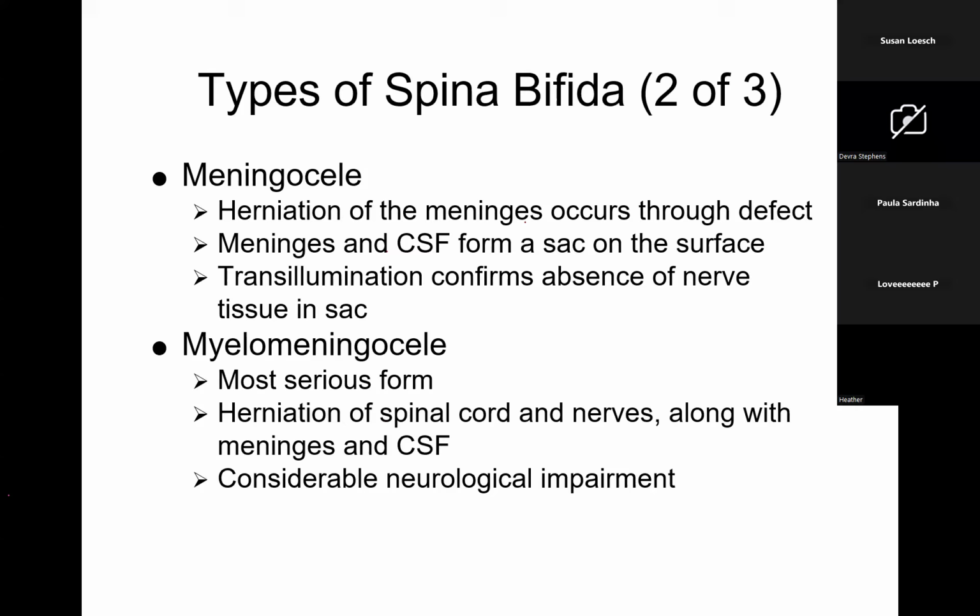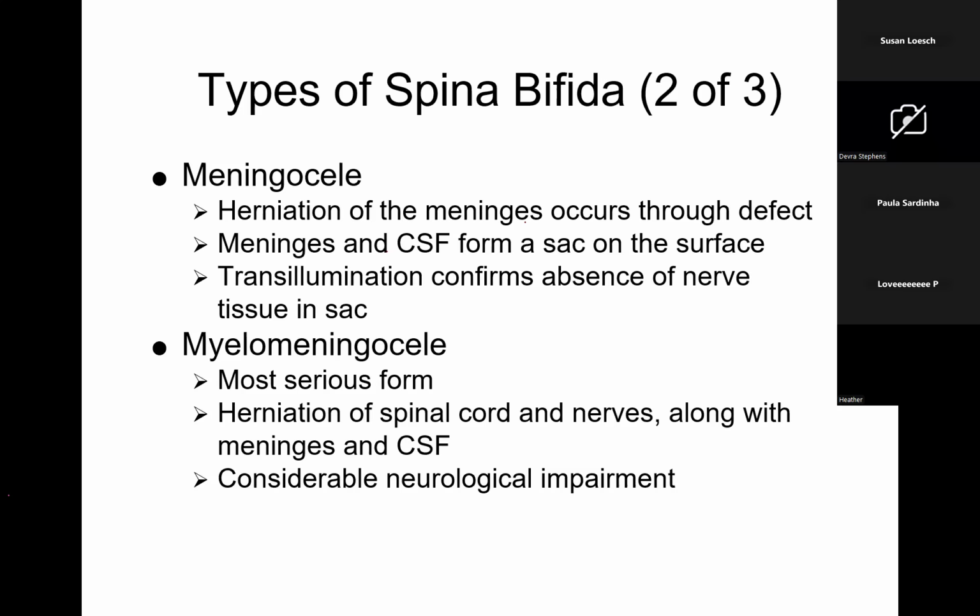With meningocele, we'll also have the lack of fusion there, okay? But also some other things are going to occur here. So, herniation of the meninges through the defect. The meninges and cerebrospinal fluid form a sac. It's going to be on the outside surface. So remember I said these kids could get meningitis from E. coli because the sac is on the outside of the skin. And if we don't keep that area sterile, baby's poop goes right up the diaper and right up the back, right? It could go right into that area and cause an E. coli infection. Neurological impairment is not usually present with the meningocele, but infection and rupture of the sac could lead to neurological